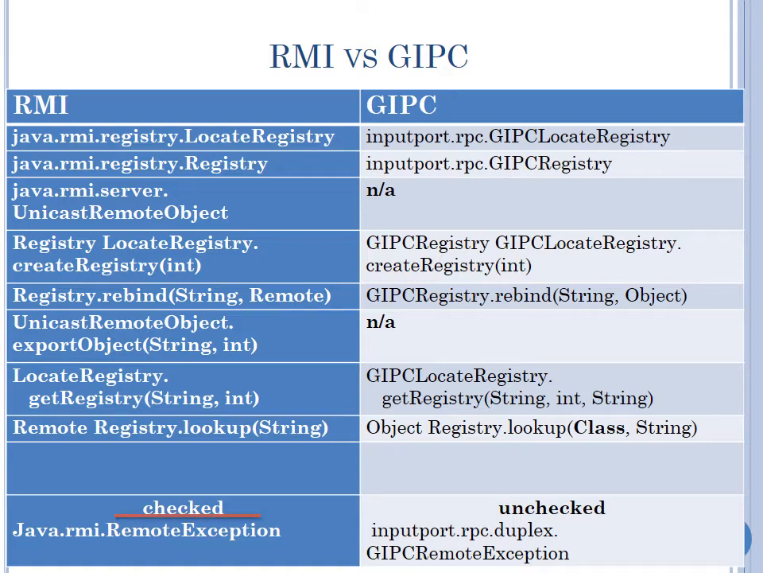So in RMI, the exception that is thrown when there's a distributed error is checked, as it should be, based on the checking rules. And in GIPC, I cheat. I say, well, I want reusability, I want flexibility, I want to understand what it means to call remote objects' methods remotely. So there is a GIPC remote exception, which is in my package, and it's unchecked. You guys will use GIPC, and you need to be aware of this, and more importantly, be aware that we can build a system that does remote method invocation,